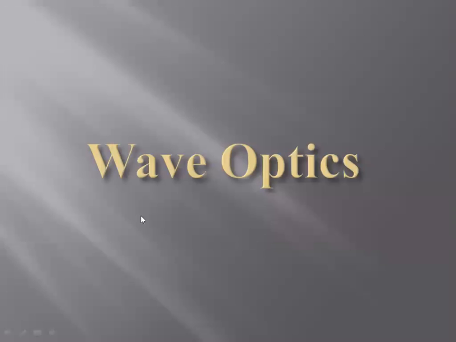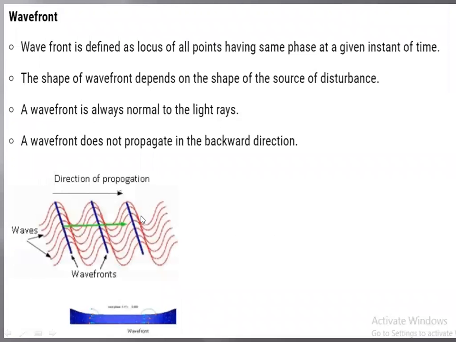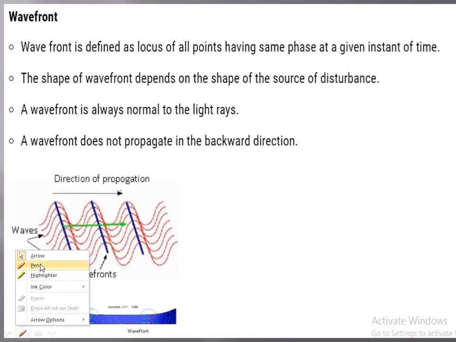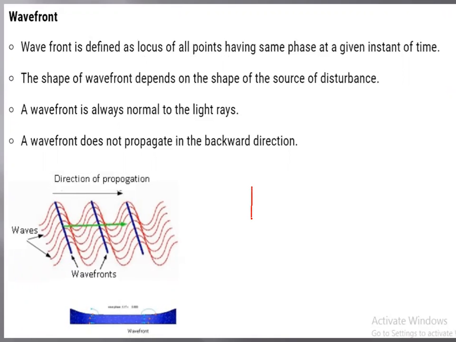Now we are going to go for today's topic, wavefront. What is a wavefront? A wavefront is defined as the locus of all points having the same phase at a given instant of time. For example, if a wave is propagating from one place to another place, like this,